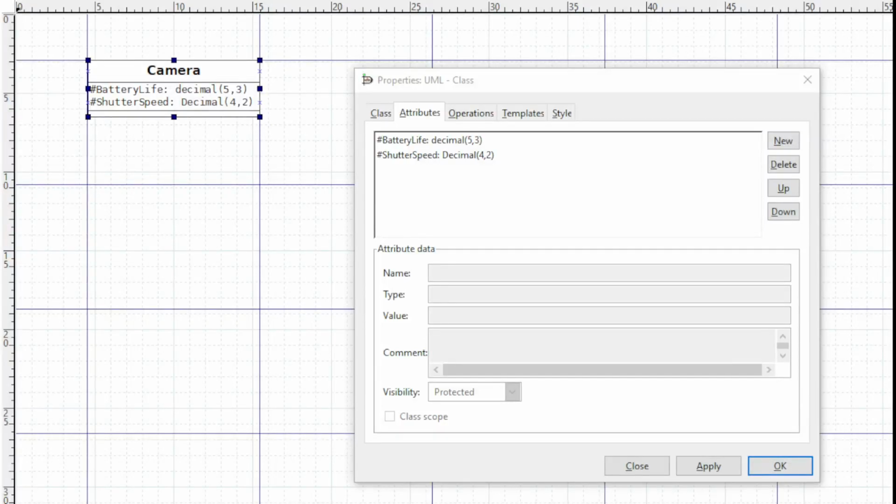Hello, today I'll be demonstrating how to apply input parameters and return types to a class in a class diagram. We'll be using Dia for this. So for my example, I've created a class called Camera, and it's going to have two attributes, battery life and